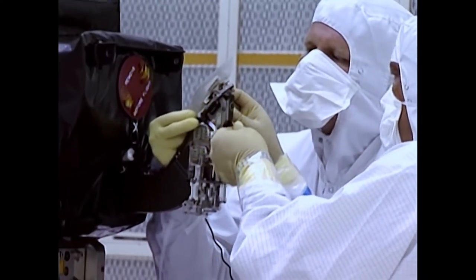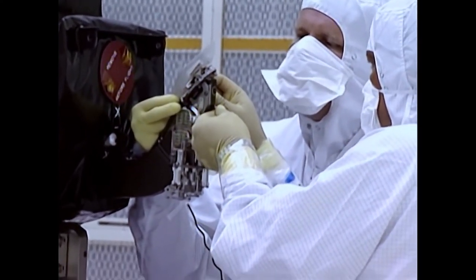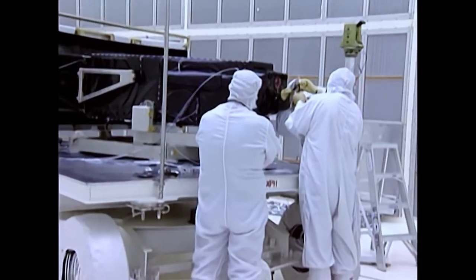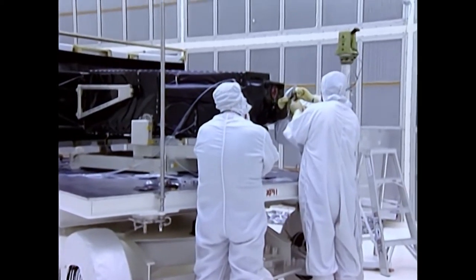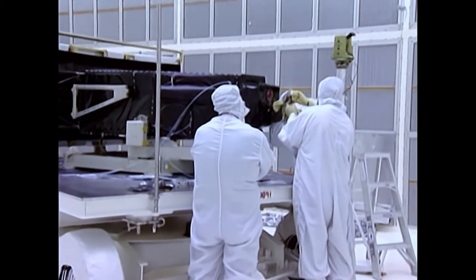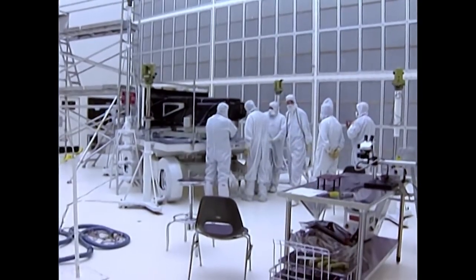To Fanson's surprise, the manufacturer refused to endorse its products for any use other than for what it was originally intended. In desperate straits, Fanson's next stop was the emergency room. So here I am in the supply room, in the emergency room, and came across a particular type of surgeon's glove that had just about the right size, a latex surgeon's glove that we could roll up over the housing and seal around the outer edge of the mirror so that Acton could do the cleaning of the mirror surface